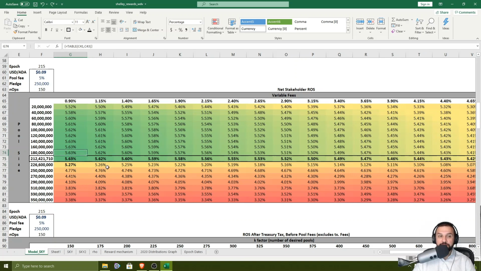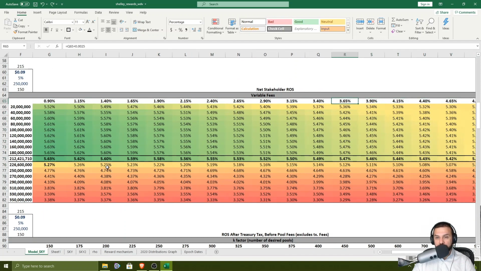Compare that with 0.90% fees. Compare that to a pool that is charging you a much higher fee, let's say 3.15%, and is much smaller. You would be getting 5.39 with a pool that is 20 million ADA big and is charging you 3 times as much. So you have to be cognizant of these nuances when you make decisions about staking, because staking with a pool that has grown too big costs you much more than the variable fees would cost. So that was the point of